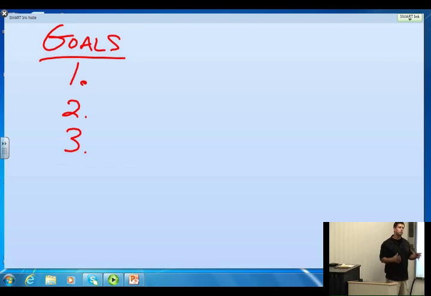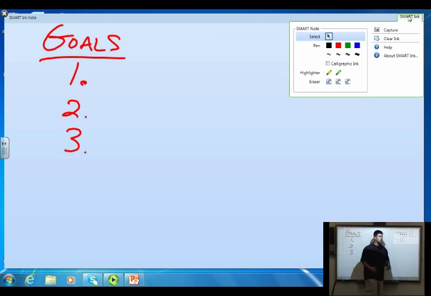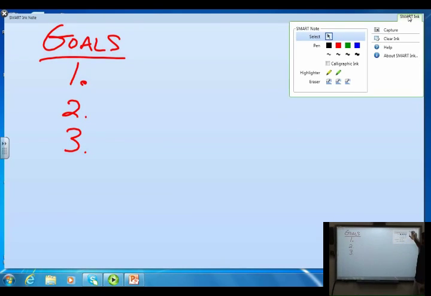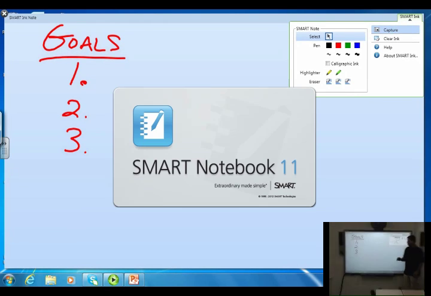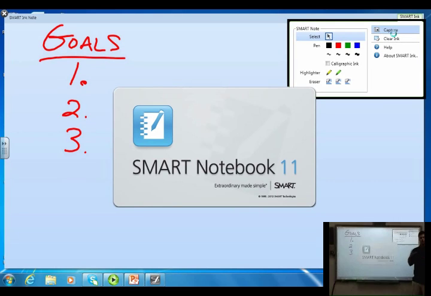Because right now all we've done is just write on essentially like a dry erase whiteboard. The next step that Smart Ink Note really offers is up here in the top right corner. You'll see we have a Smart Ink drop-down menu. And if I click on that, I also have a few more options that I could have been using, such as different colored pens, some fancy ink, different sizes of erasers. But in the top right corner, we have a little camera, and it says Capture. And if I just click on Capture, what this is now going to do is take whatever it is that I was working with and move it right into a Smart Notebook